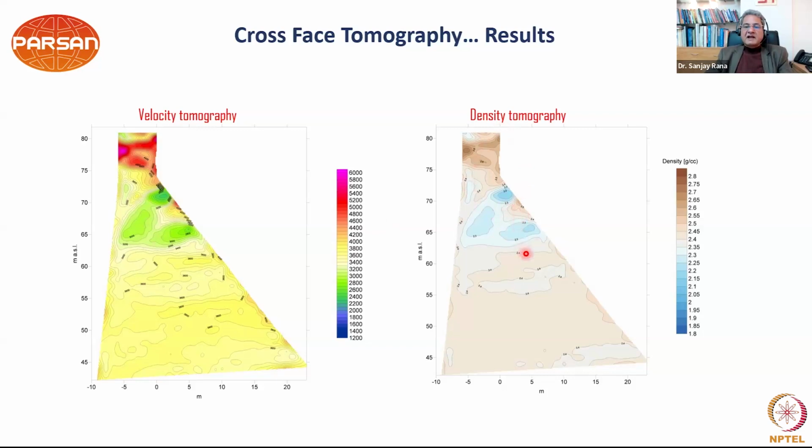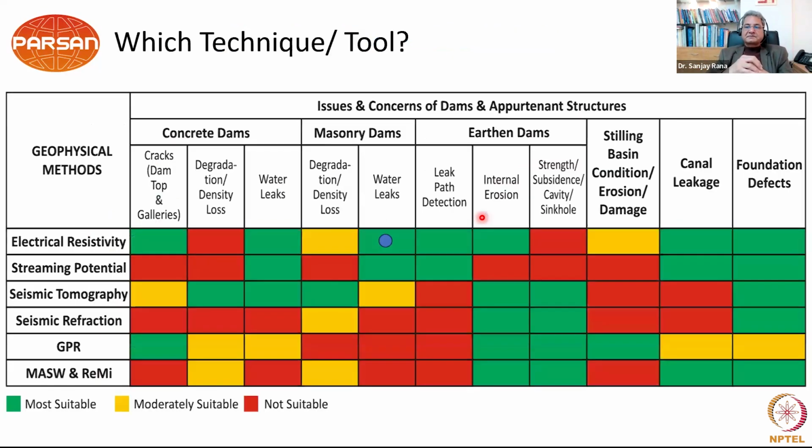And here you can see very clearly the kind of change in density. For example, in a good area, if the density was, let's say, 2.6, in the bad areas it has come to 2.2. So that has been the reduction in the density over a period of time because of leaching. So now you know the affected area, you know how much density deficit has taken place, and based on that, you can plan your entire rehabilitation. So this is about seismic tomography, a very, very strong technique.